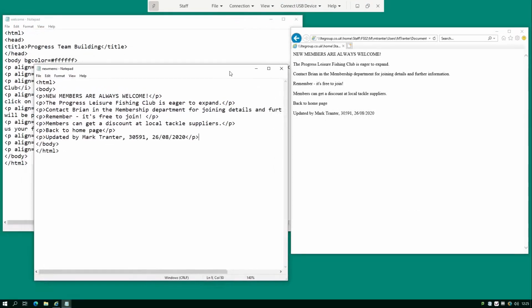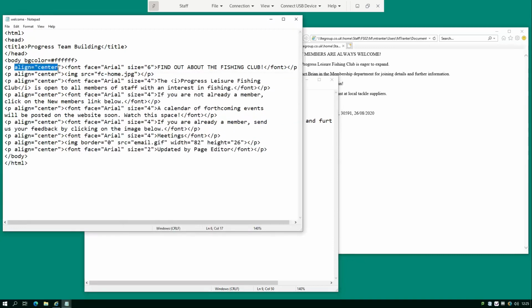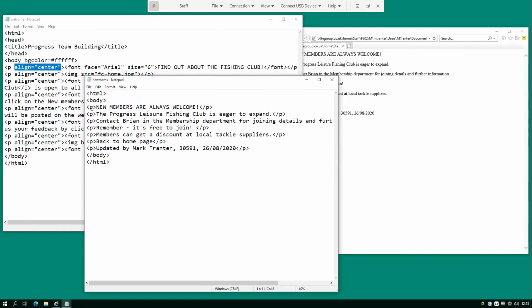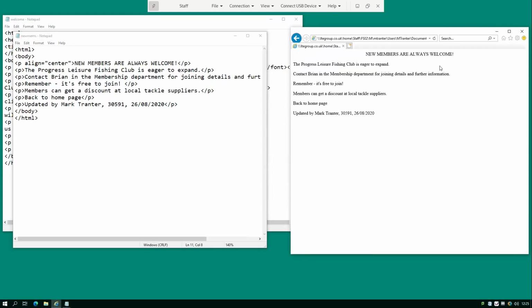in the original document that the exam board passed to us, they made use of this align equals center command within the paragraph tag to center their text. So I'm just going to show you how it works. First of all, I'm just going to copy out from that document, and I'm going to pop that into my top line there, which makes the title. So now if I save that and go across and refresh, you'll see that that's put that top line